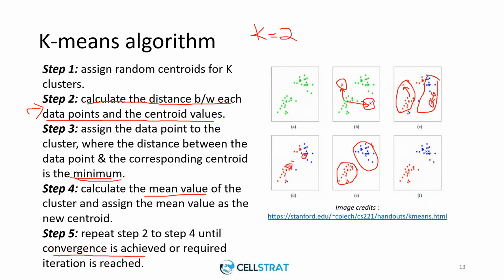I explained how convergence is reached, right? If there is no difference in distance or difference in mean value between the data points and the mean value for the previous iteration and the next iteration, then you say the convergence is reached and you stop this clustering. I hope it is clear. If not,